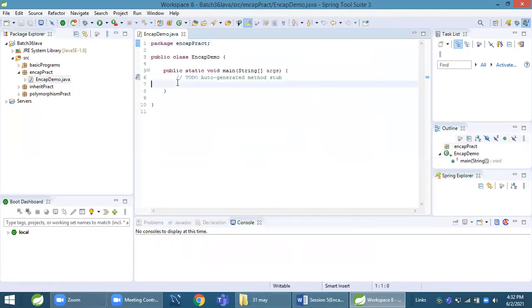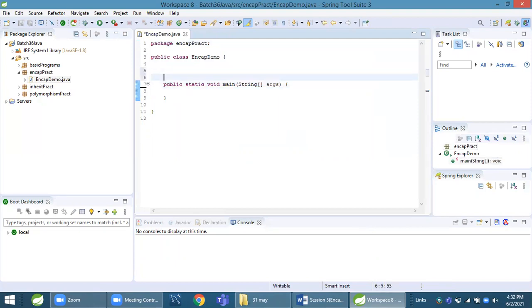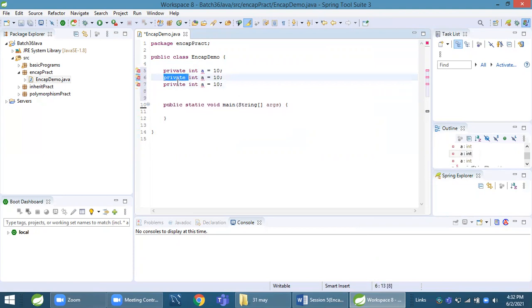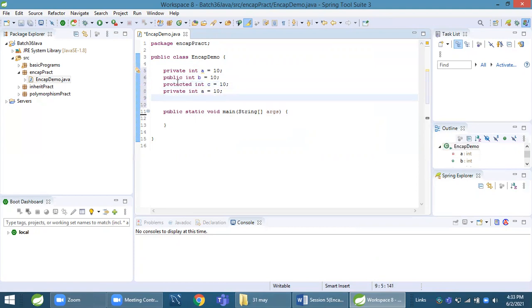I will declare four types of variables. One is private, the second will be public, this will be protected, and one more member, that is default.